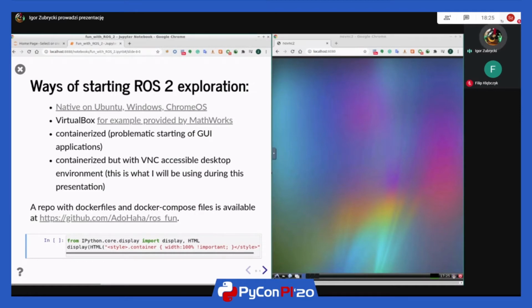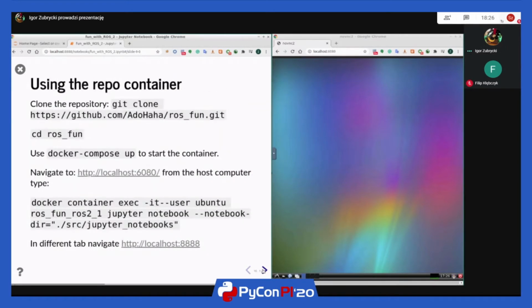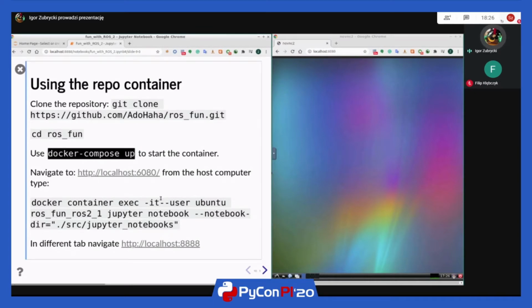It actually has a graphical system, so it works like a virtual machine, but it's actually a container. It has all of the tools that are good for beginners already installed. But even if you don't want to use that, I still suggest that you use containers. So for my container, what you need to do is clone my repository. Then if you have Docker and Docker Compose installed, it is a matter of putting this, so docker compose up,